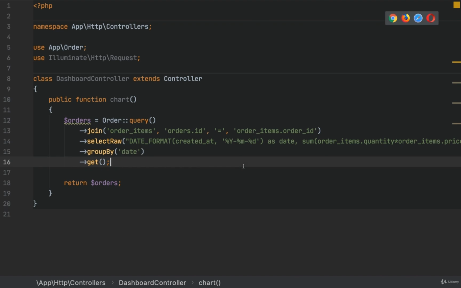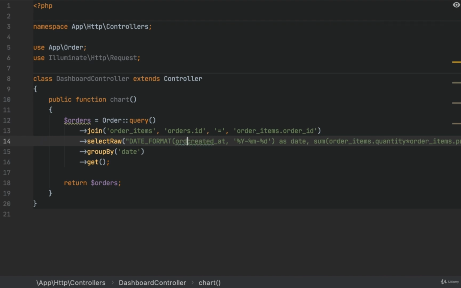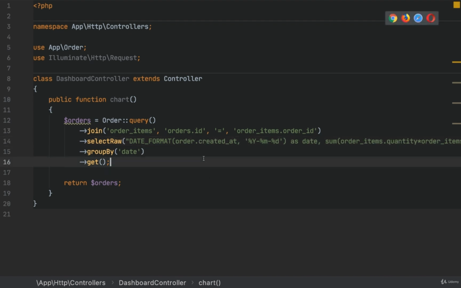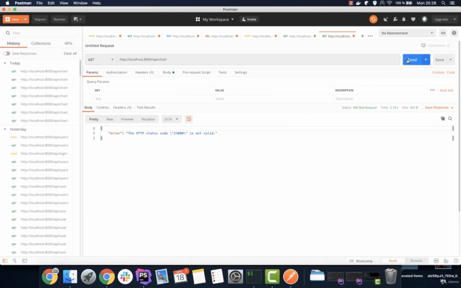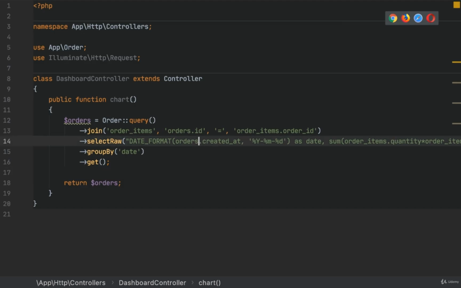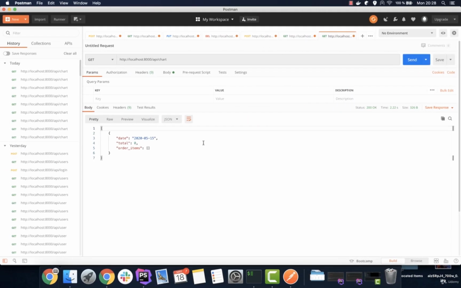So the reason that we made this mistake is because here we need to put orders that created at, because order items has also created at, and it will throw an error. So this is how it looks like,